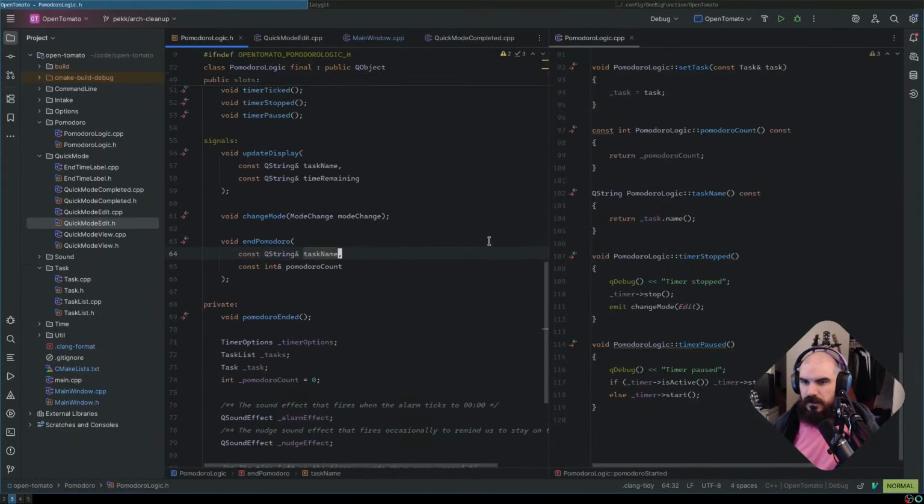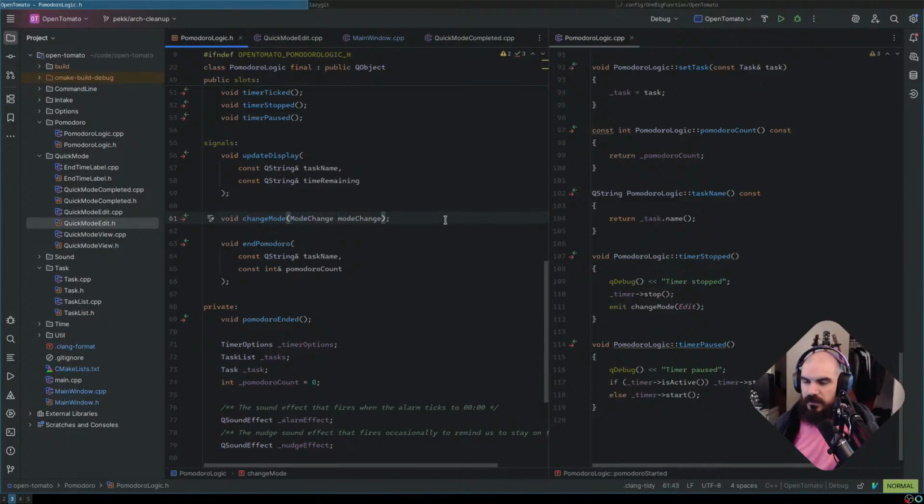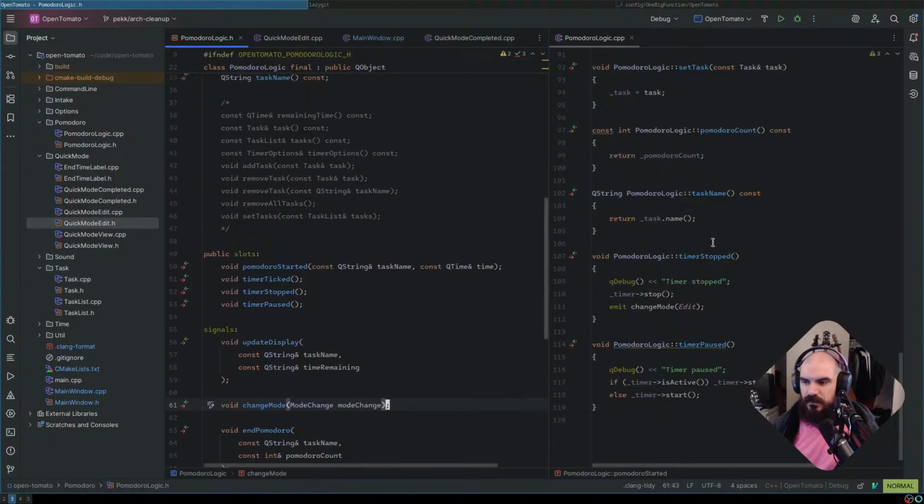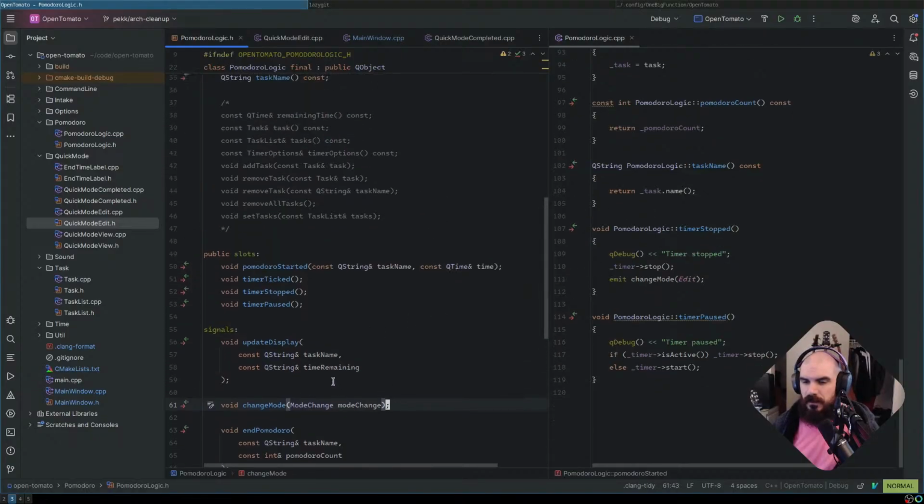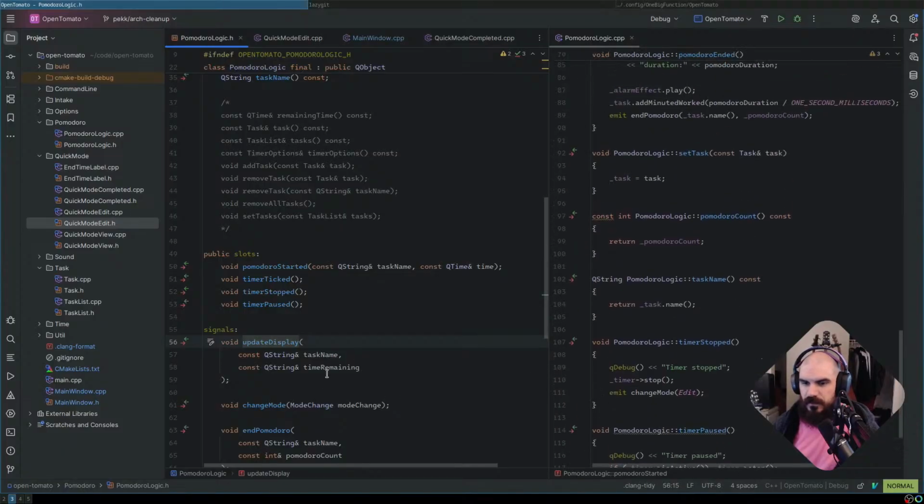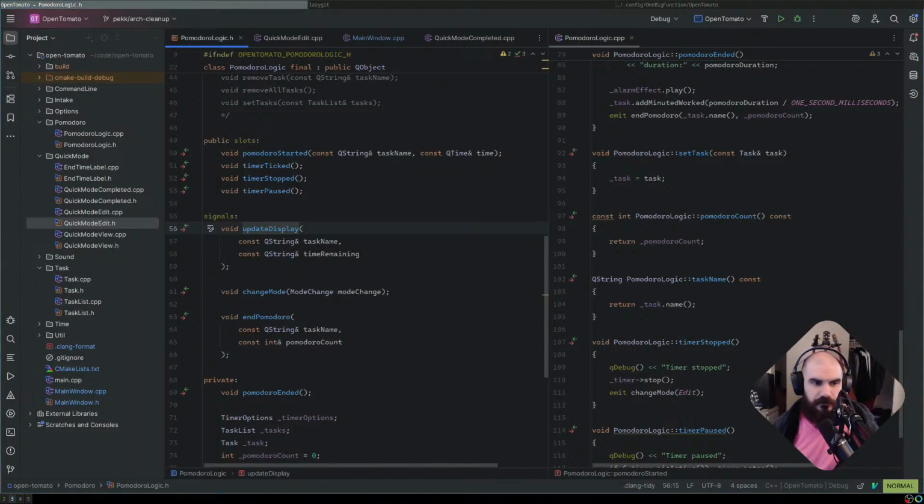So two things. One is I think we're going to remove this change mode because it's like UI logic. It's specific to the UI, so that shouldn't be in our controller. We should have a function like update display or something, and it should just know what to do. So let me go here now